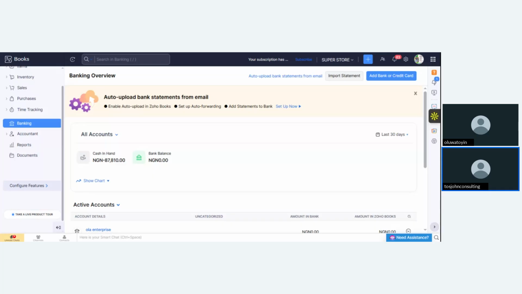So the best thing any business owner, entrepreneur, or professional doing one business or the other can do for themselves is to register their business with the Corporate Affairs Commission. And TOSJOHN Consulting is the sure plug. We are an accredited CAC agent. We help them to formalize that business with the Corporate Affairs Commission. Once that business has been registered with the Corporate Affairs Commission, you then take it further to register it with the relevant tax authorities.